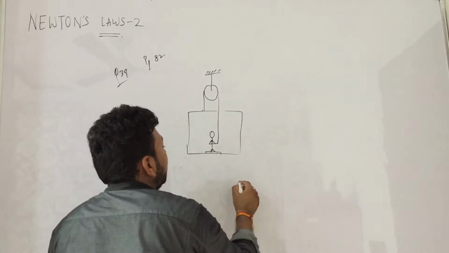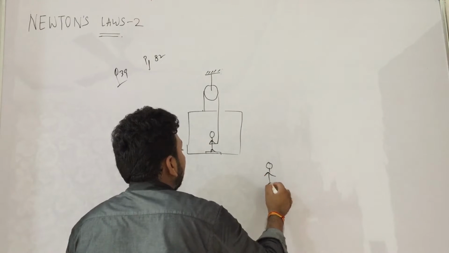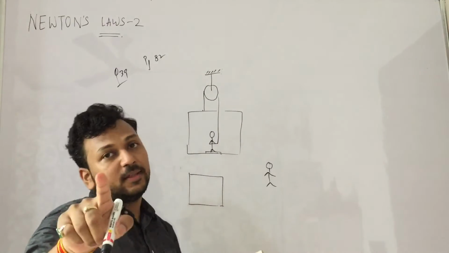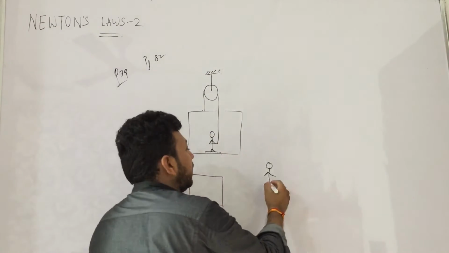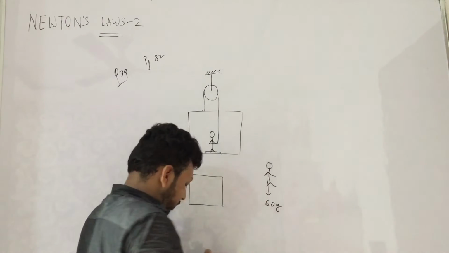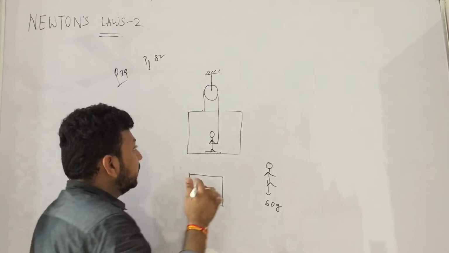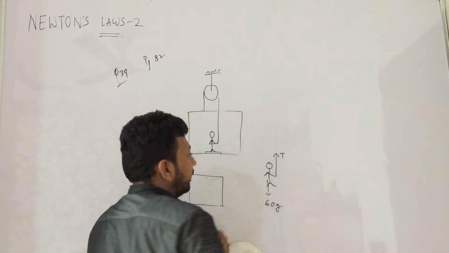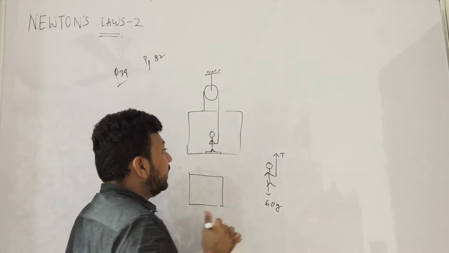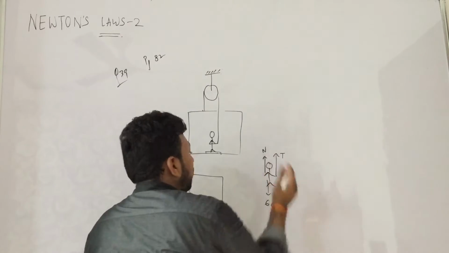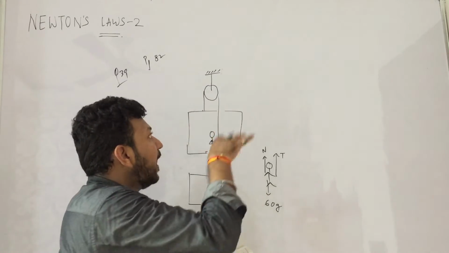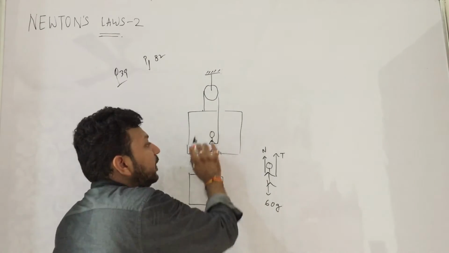Yes. So, we will form the FBD again of the man. The simple trick to form the FBD is to consider yourself as that. Consider yourself as the man. If you are this man, you will feel that there is mg, gravity pulling you down. Yes. There is tension which is keeping you there with your hand. If there is no tension, you will fall down. Similarly, there is normal reaction from below. There is support from below over which you are standing. This entire equipment is in air, but here you will feel the normal reaction.